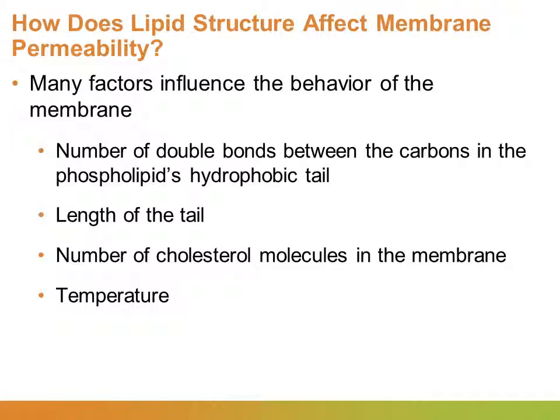Well, it can be the number of double bonds, which makes it unsaturated and also decreases its density. It could be the length of the fatty acid tails, and you should be thinking about butter versus beeswax. Or it could be the number of cholesterol molecules that are embedded in the membrane. When I think of cholesterol, I think of the spacers that we often see in cement walkways, you know, that spongy